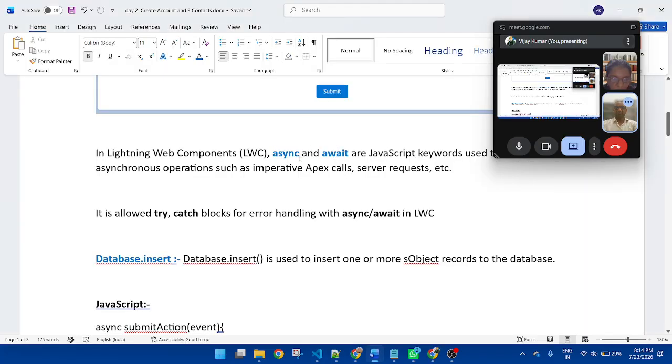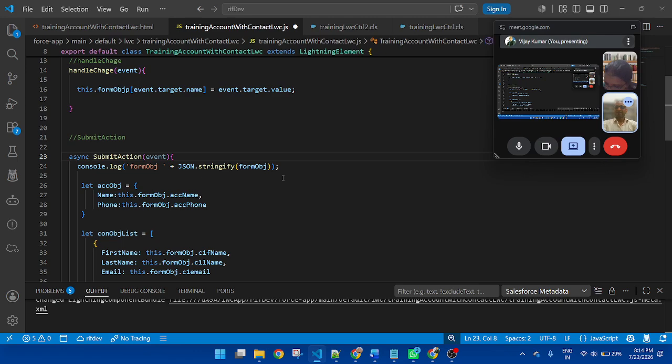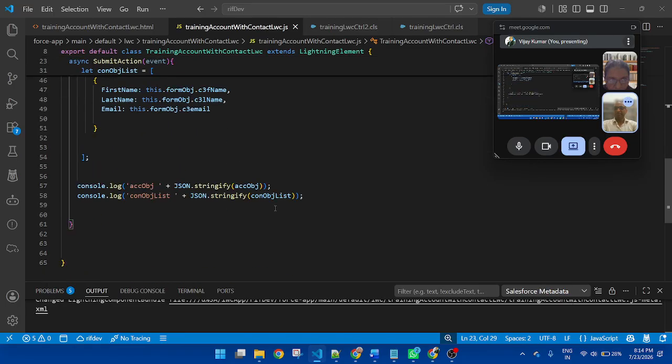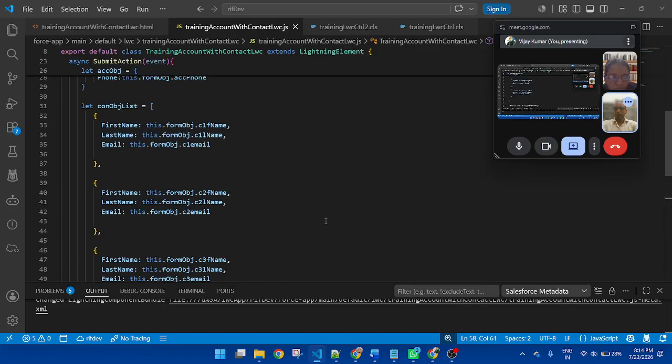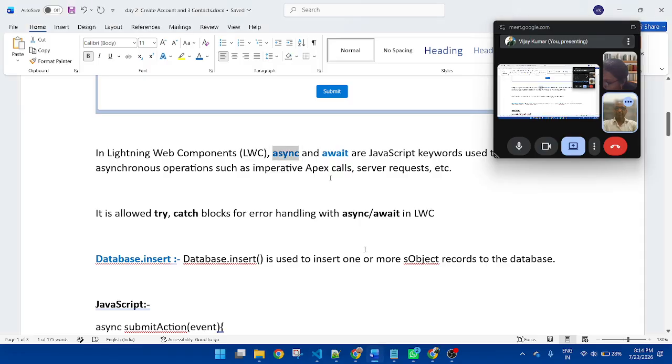This one, async. So before starting the function, we should apply async. And this method starts from here, closing here.